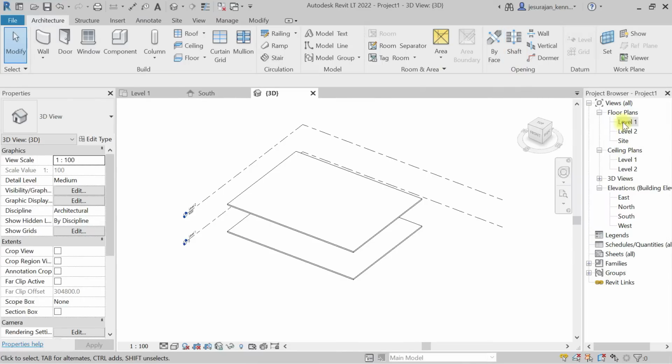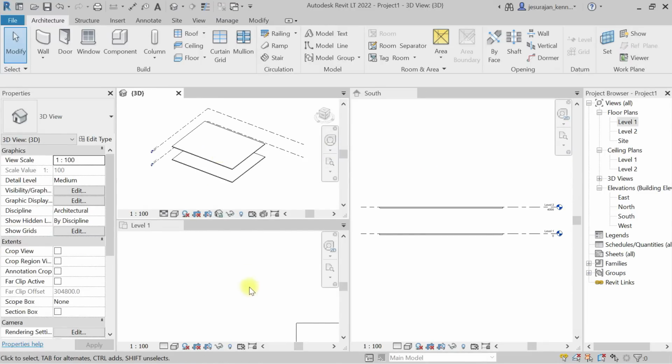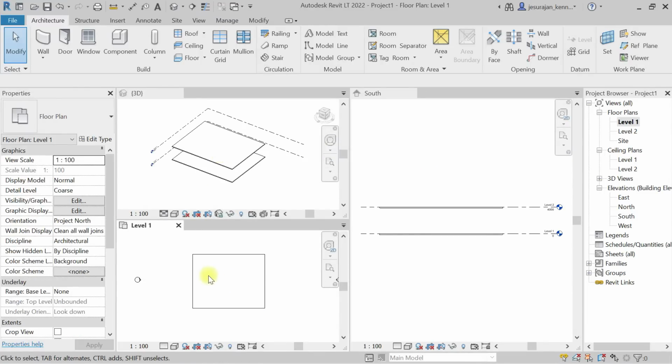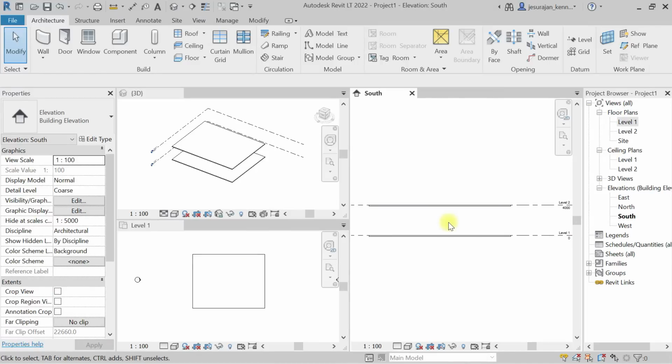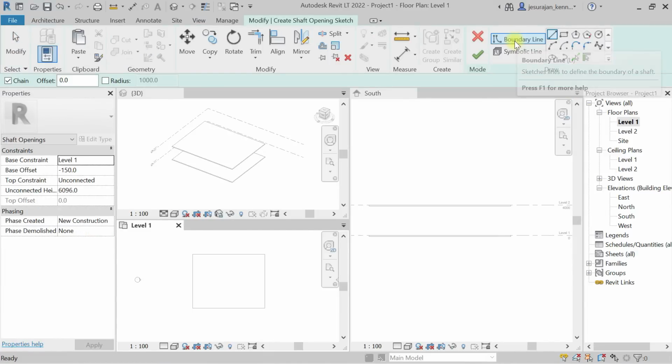So I'm going to level 1. Let's keep two views, so I have 3D, level 1 and one elevation. Okay, so I'm in level 1. I'm going to architecture, here opening, I'm taking shaft, and here you can see you can draw a boundary or you